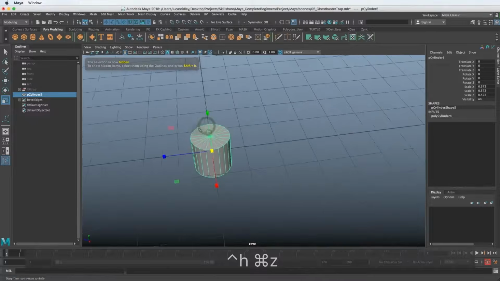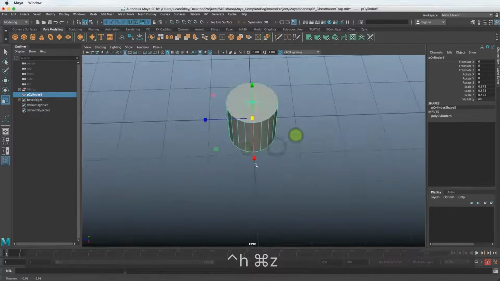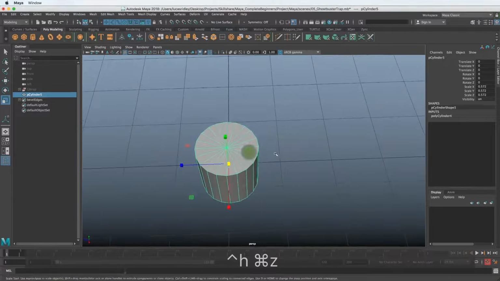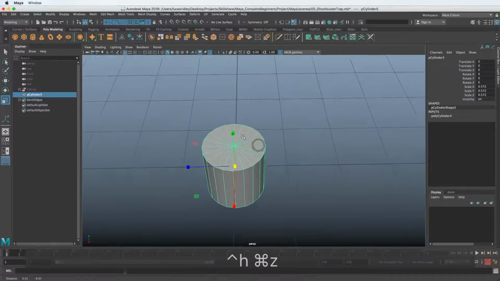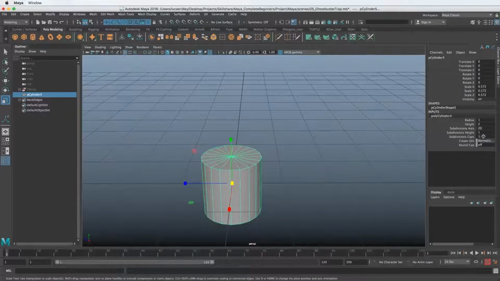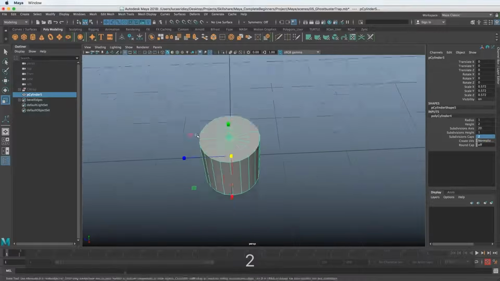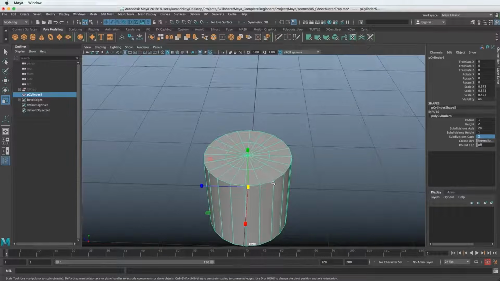And now we can look at this cylinder. And what we want to do is pull out one point. So I'm going to delete some edges. And before I do that and start messing with the history of this thing, I want to add a cap here. And that's important for cylinders, at least, because if you start messing with this thing and then later you want to add a cap, it won't do it because you've messed with the history of the object.